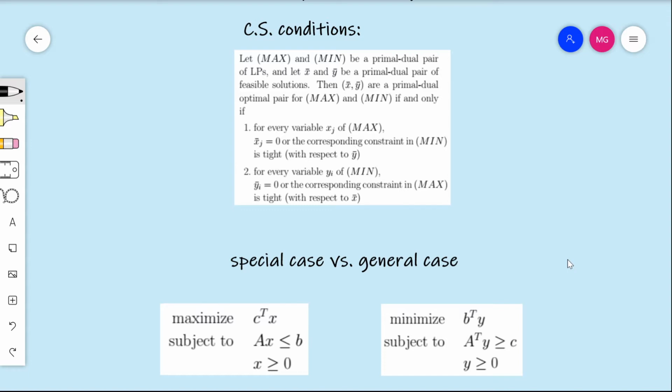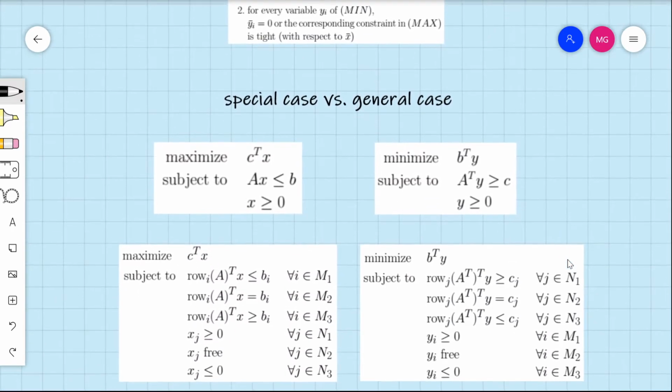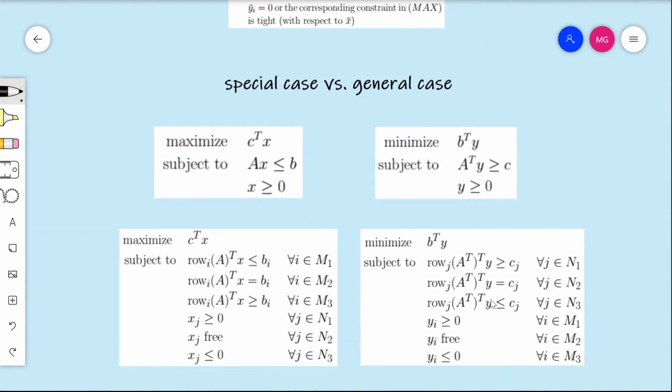If we wanted to do this in total generality, we would be looking at this, which is just many more types of constraints. And so I will just emphasize that the logic that we're going to use for this special case entirely generalizes to this general case here. It's just a natural extension of what we're doing. There's no new ideas involved in proving the general case. It's just more heavy-duty notation now, because there's more things you have to deal with